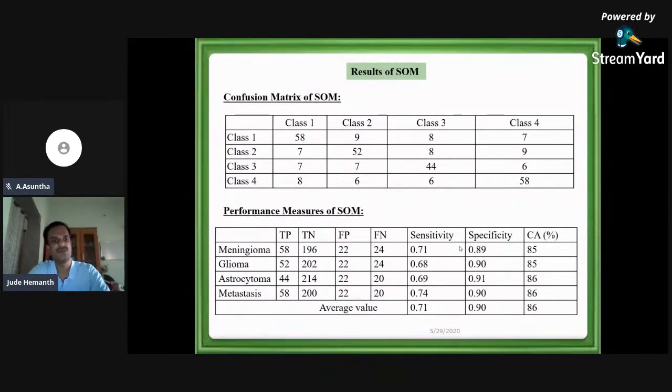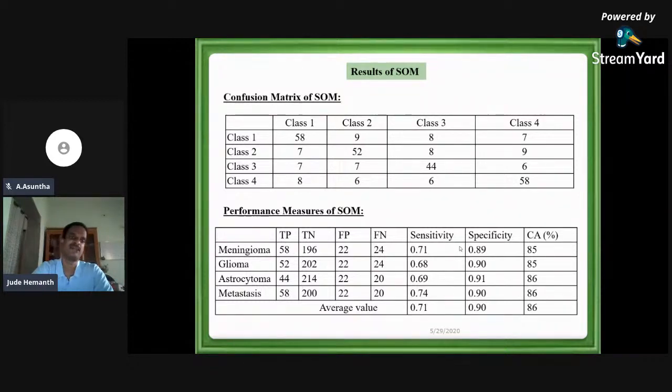Next, from this, you are going to find out TP, TN, FP, FN values. What is TP? All the diagonal elements, the correct classifications, correspond to TP. What is TN? True negative. So for finding true negative, what you have to do is, if it is 58, you look at that number 58, leave that corresponding column and corresponding row, right?